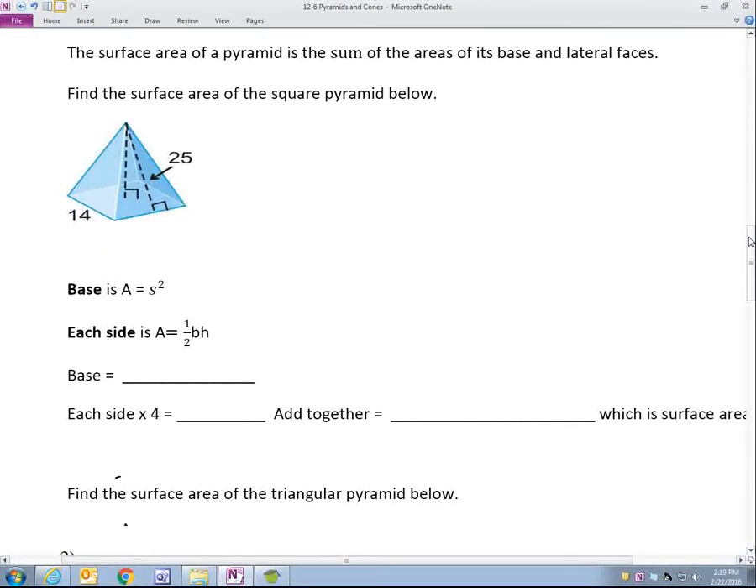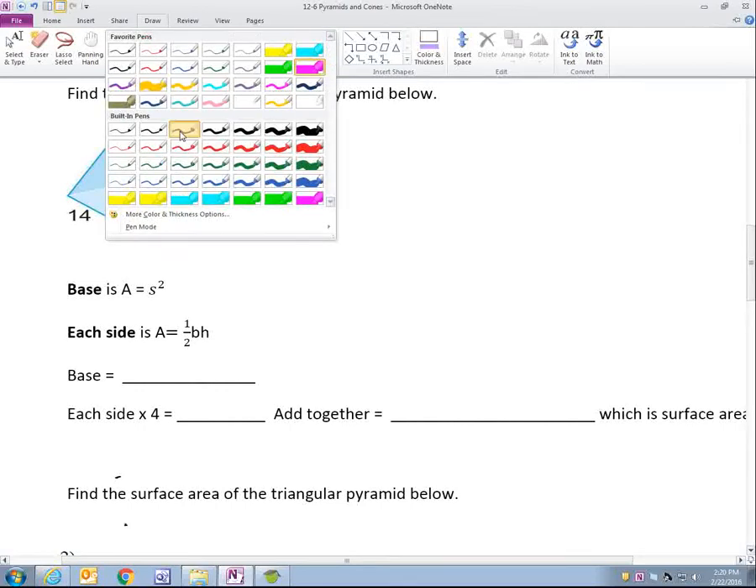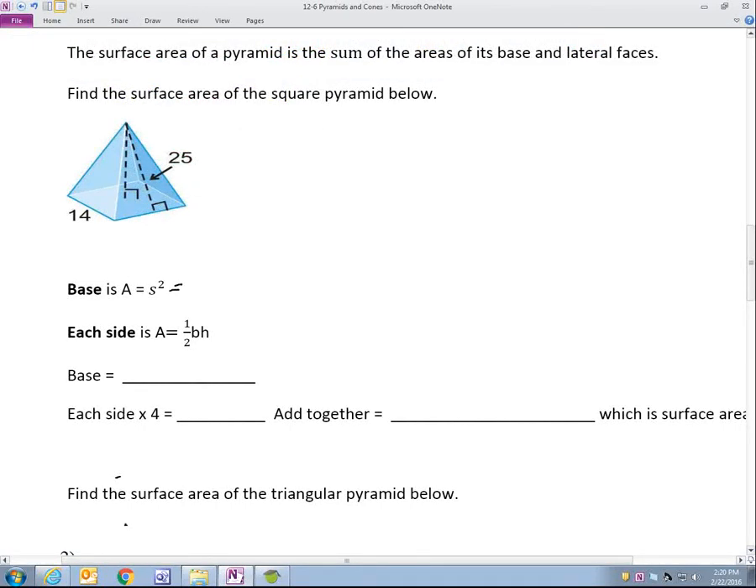The surface area of a pyramid is the sum of the areas of its base and its lateral faces. Find the surface area of the pyramid below. So as we know, the base of this is going to be 14 times 14 because it's an equilateral square. So it's side times side. So our base is going to be 14 times 14,